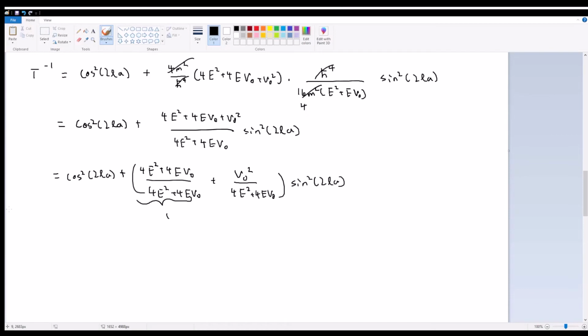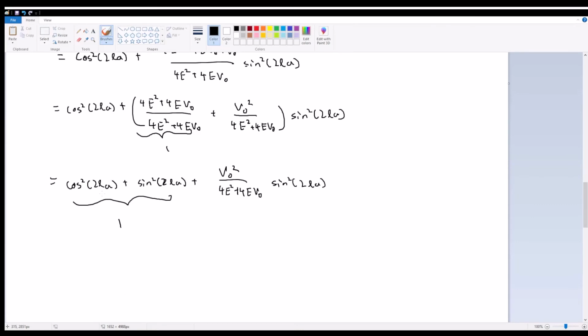In that case, what we get is cosine squared 2LA plus sine squared 2LA plus V naught squared over (4E squared plus 4E V naught) times sine squared 2LA. By trigonometric identity, this one just becomes 1, so therefore we're left with T inverse being equal to 1 plus